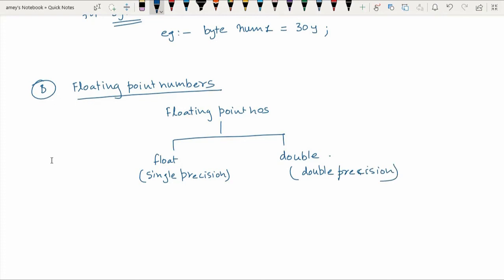Usually a floating point variable has 7 to 8 significant digits after decimal point, whereas when you have a double number, it has 15 significant digits after decimal point.